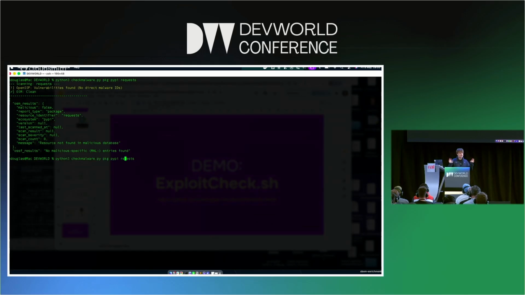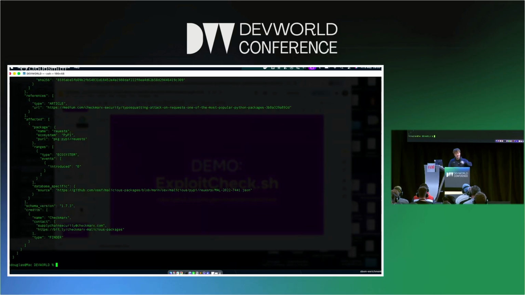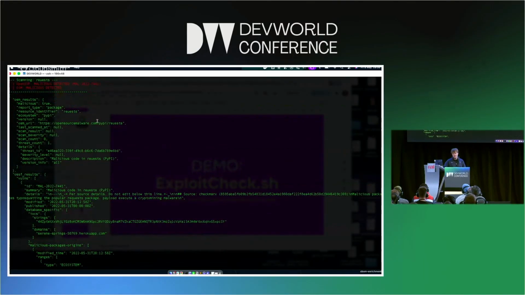That's a simple change, right? That's typosquatting in its finest. I run the same request again, it runs those two APIs, and suddenly you get this huge output. The idea here is it's telling us, okay,